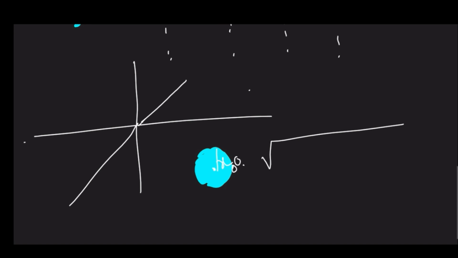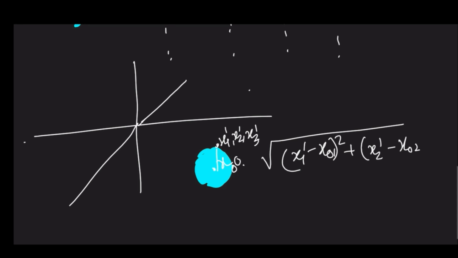Say any point here is x1 dash, x2 dash, x3 dash. So we can write (x1 dash minus x01) whole square plus (x2 dash minus x02) whole square